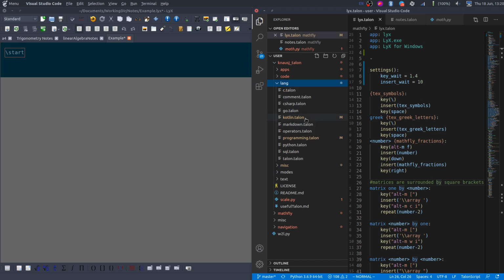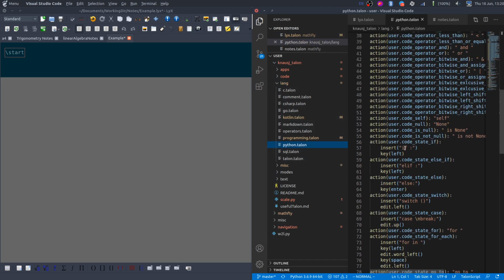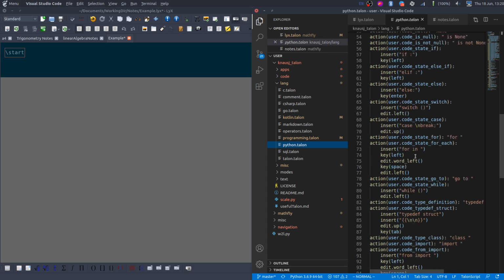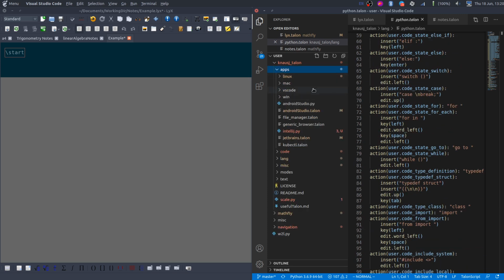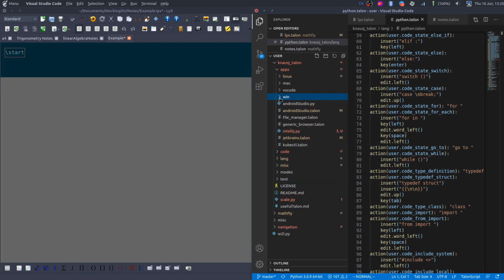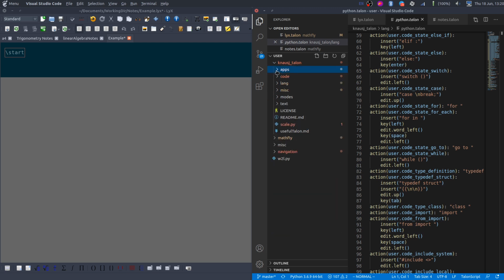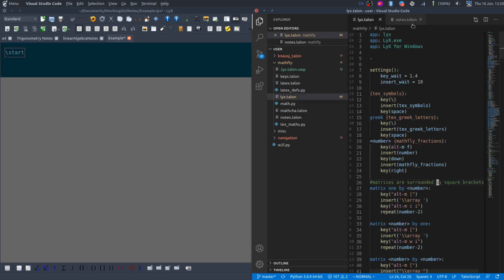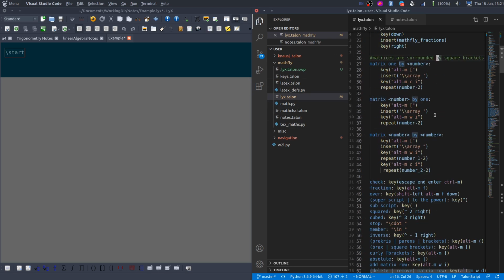In language, if you need to dictate Python, the constructs and the commands that you would need to dictate Python have been defined. For using different applications on Windows, if you need to use Chrome, Firefox, Notepad, Slack, commands have been defined to be able to use those applications and control those with your voice. There's a lot more to it. I'm not going to go into too many steps, but a lot of the commands I'll be using today are defined under MathFly here. The creator of MathFly, Mike Roberts, was nice enough to port many of the commands for MathFly to Talon and write up a bunch of scripts.